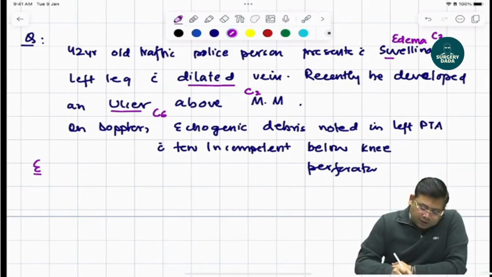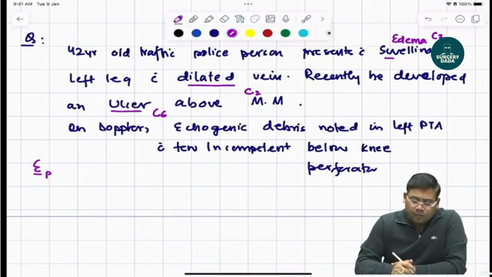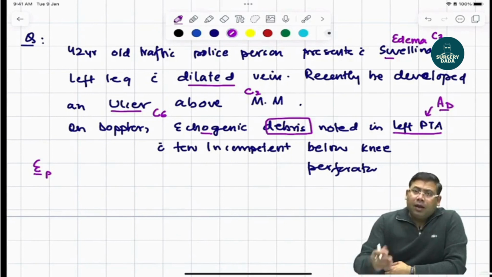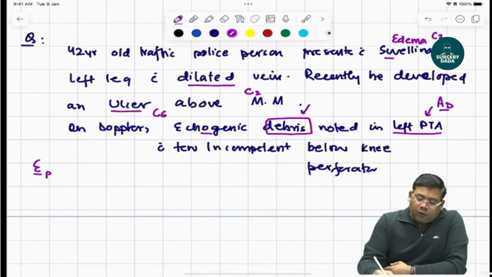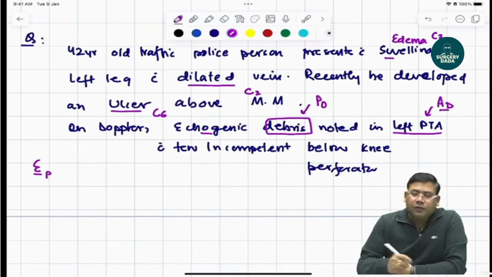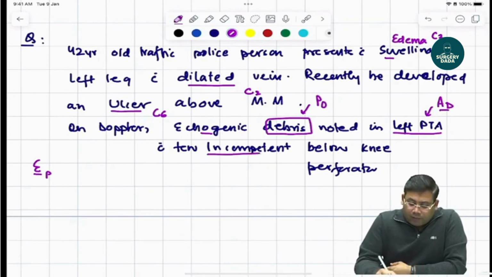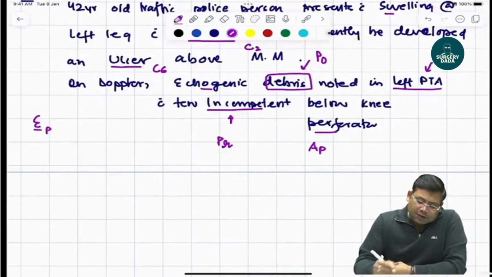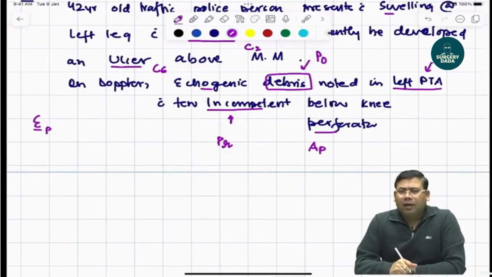So etiology is considered to be what, students? Primary. Now echogenic debris noted. Where is it noted? Posterior tibial artery. So anatomy, if we talk about, it is the deep venous system. In a blood vessel, if there is debris, the flow will always have an obstruction. So pathophysiology is O. Incompetent perforators means there has to be regurgitation or reflux, and perforators are involved, since that is why anatomy is also including the